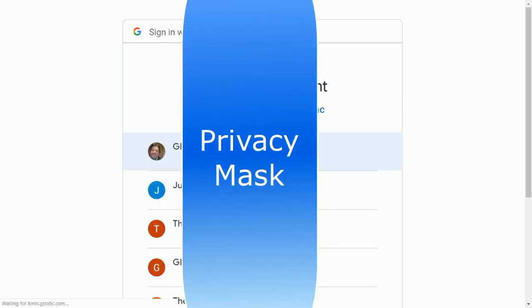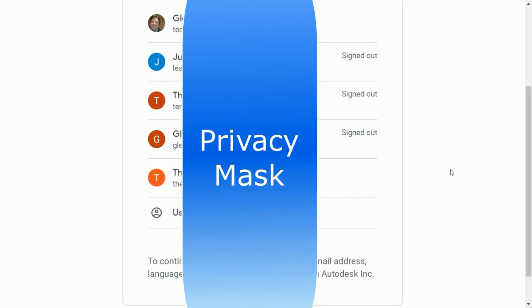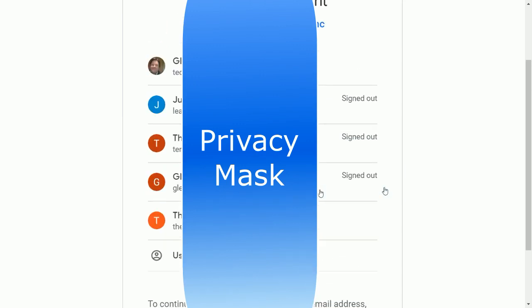It's going to ask me which Google address I'm using. I have several, as you can probably see on the screen there. It's all blanked out, so you won't see, but there are a number of accounts on there. So I'm going to click on the account that I want to use,